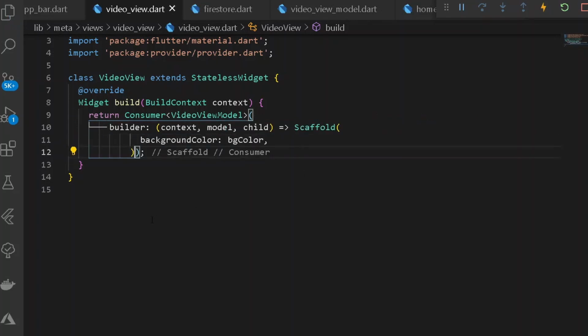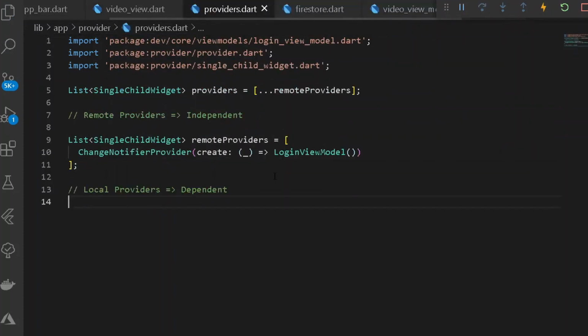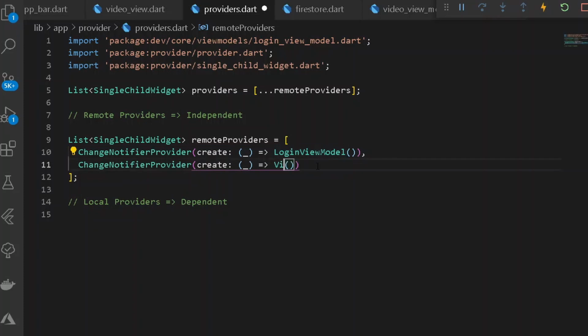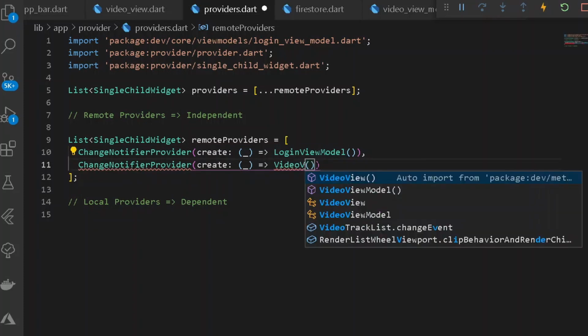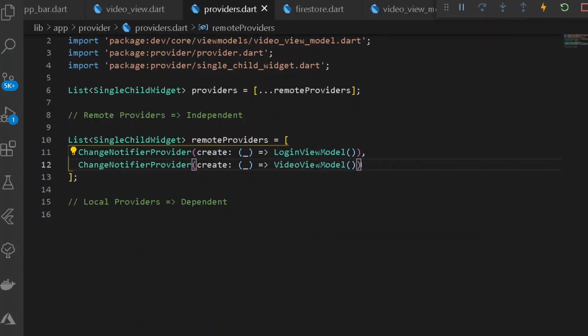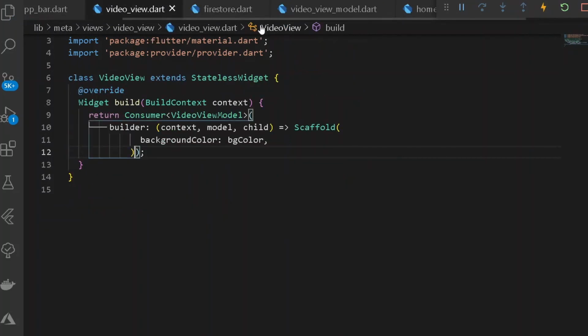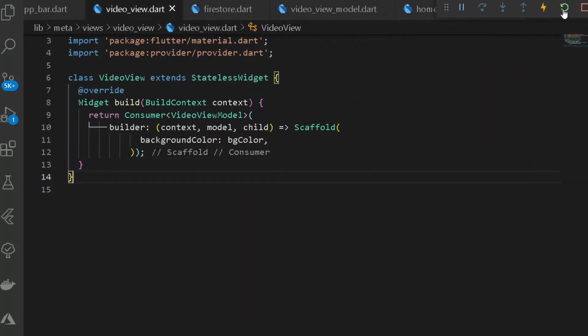So once we have done this, format document first. As we have added a new provider, let's go under the file of our providers, and here we shall be simply copying our entire chain notify provider and pasting it here. But here let's have a login, that is video view model. Format document once, and now we are good to go. Let's do one thing, reload our entire application once.